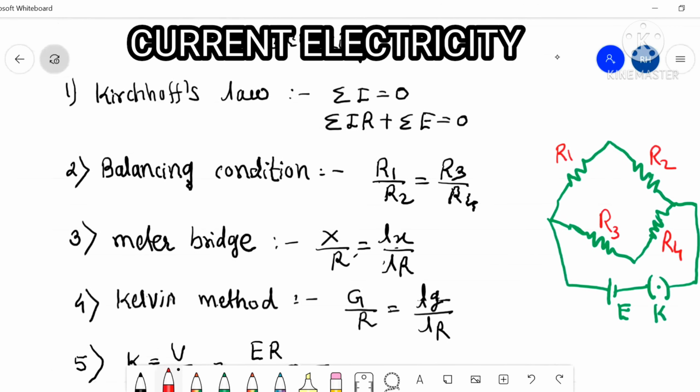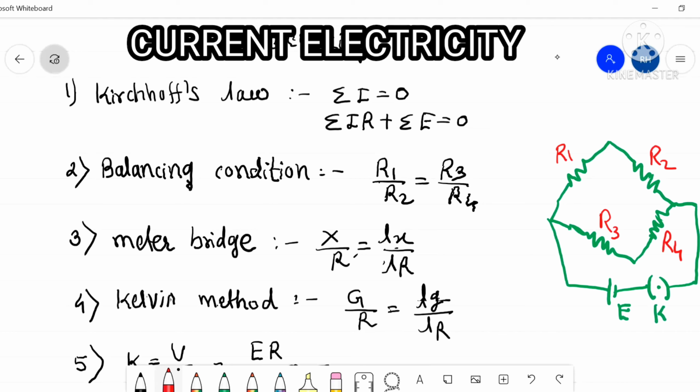That's why one by one I'm giving the list of all these formulas, remember them, and practice daily 5 times. Okay student, now the first one, Kirchhoff's law. Kirchhoff stated two laws. First is the current law and second is the voltage law. For the current law, it is mentioned as summation of I is equal to 0. Remember that summation of I is equal to 0.